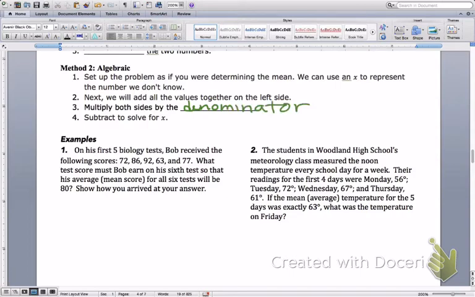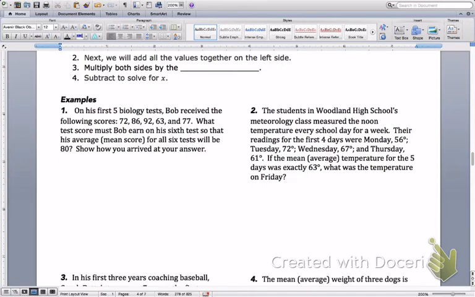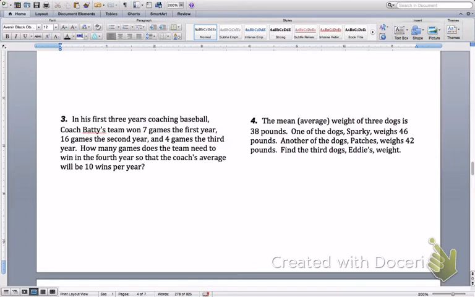And the last thing is we're going to subtract to solve. So it's pretty much the steps we did, but in an algebraic way instead of just a basic numerical way. So let's go ahead and do that. Let's go down to the last two problems. All right, so